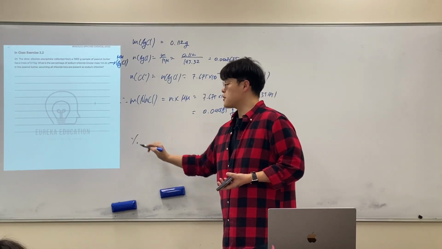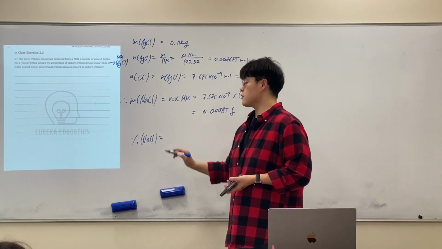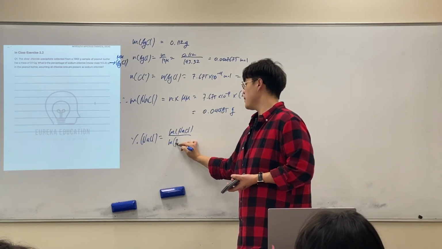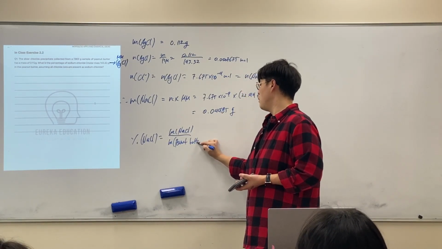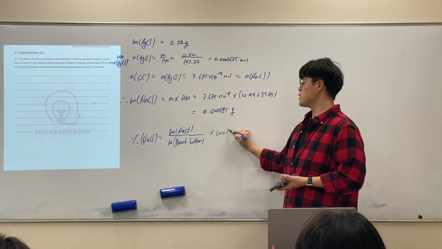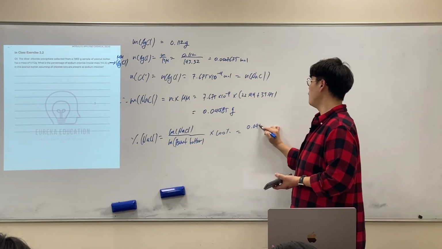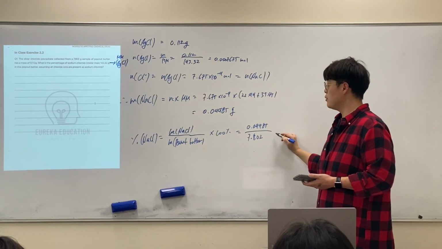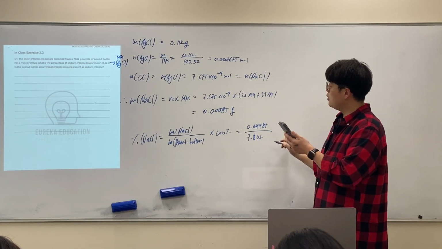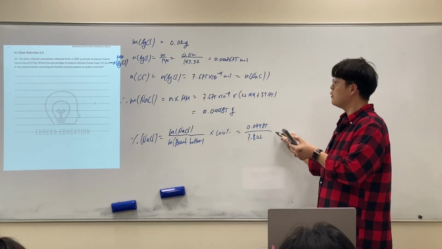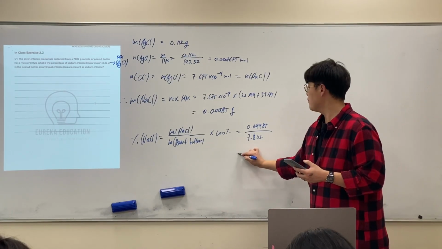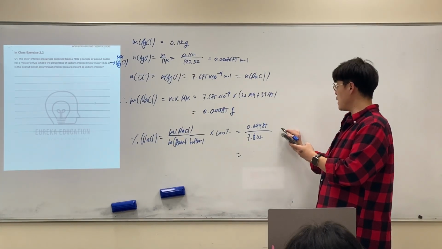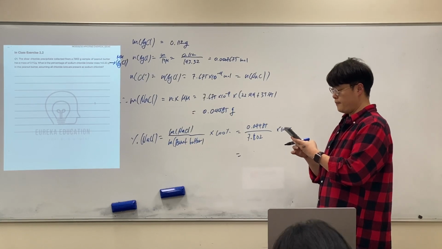The question asks you to find the percentage of sodium chloride. It's found by the mass of the sodium chloride divided by the mass of the peanut butter, times 100%. So that is 0.04485 divided by the peanut butter, given as 7.802. So that's that divided by 7.802 times 100%. You get